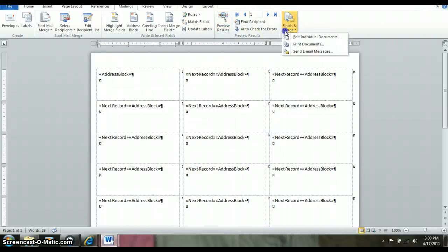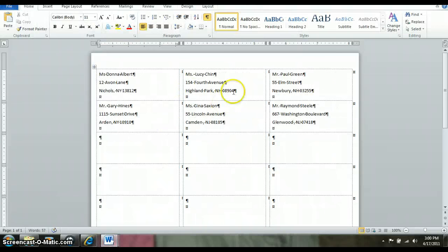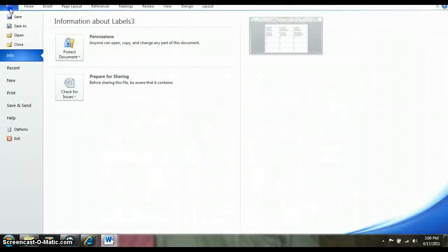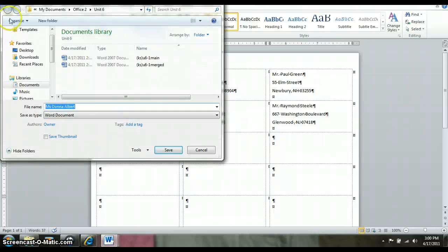And then we want to click the finish and merge. Again, hit edit individual, and then here is the file you are now going to save. Again, in that handy dandy folder. Okay, so I typed in the initials,